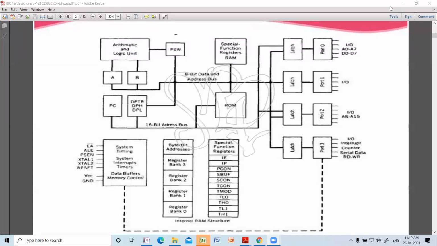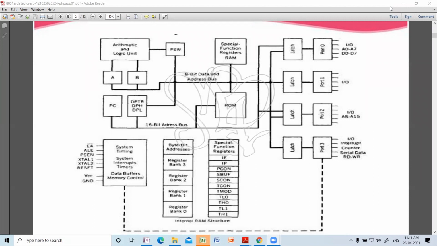The reason is, rather than having more on-chip ROM, see, in case of 8052, it was having 8K of on-chip ROM. Other than that, everything was the same. ROM is necessary to have the program code.